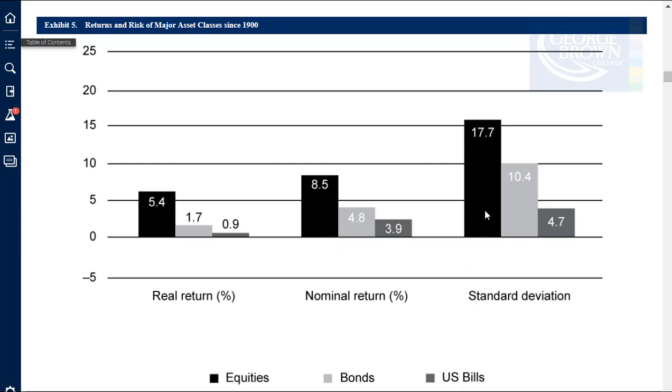And then, of course, in terms of standard deviation, which is the square root of variance, you can see that the equities had the highest nominal and real returns, and they had the highest standard deviation or risk, followed by bonds and T-bills. So again, by now you should have a fairly strong understanding that equities as an asset class provide